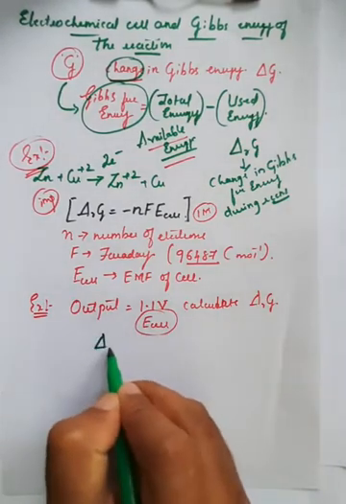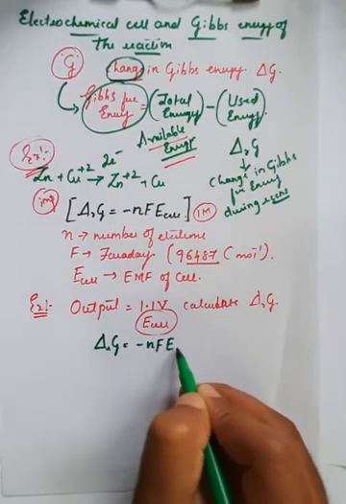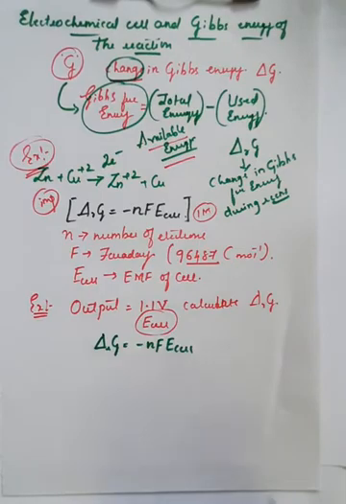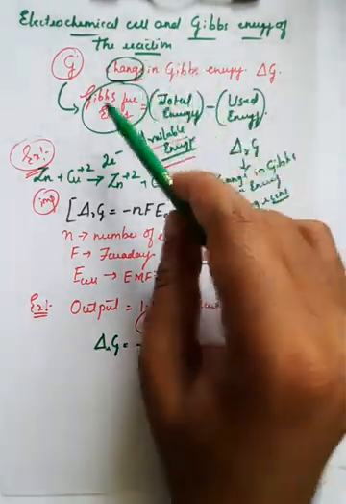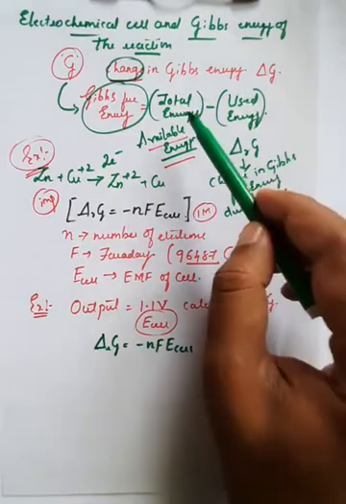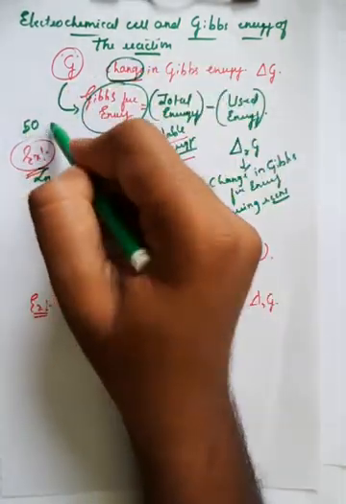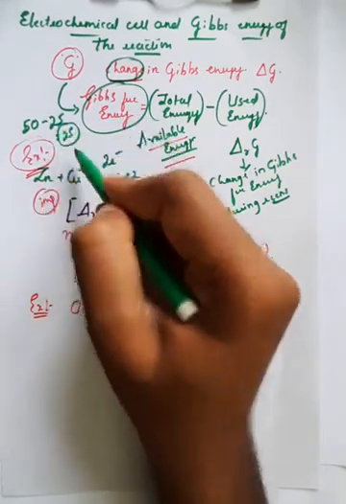So we know the formula delta R of G is equal to minus nFE of the cell. Why have we taken a minus here? Because its value always goes on decreasing, because available energy reduces during the reaction, which means total energy minus used energy. Say for example, if the total energy is 50, after the reaction, 50% reduced means it will be 25. This is the Gibbs free energy.